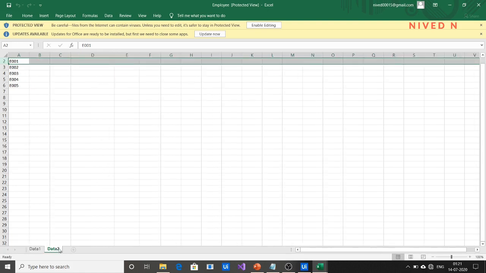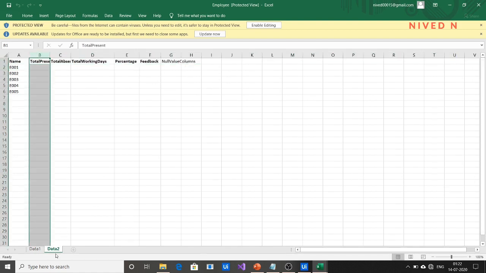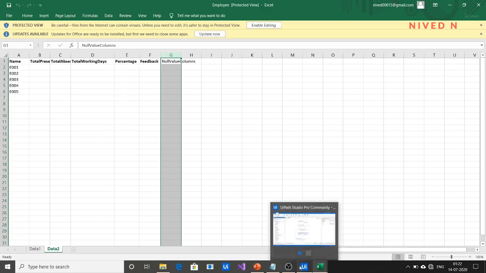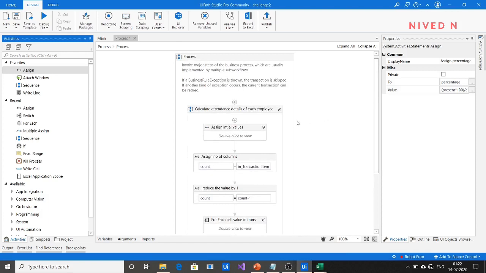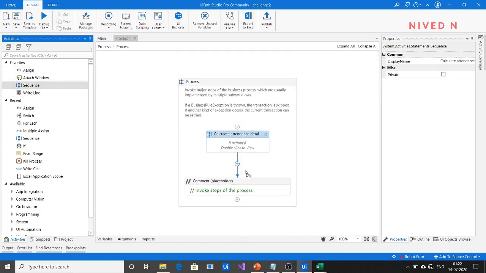Next, we have to input these values into the data table, that is total present, total absent, total working days, percentage, feedback, and null value columns. That is what we have to do in the second sequence. For that, just drag another sequence here.